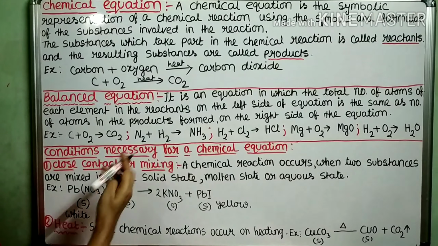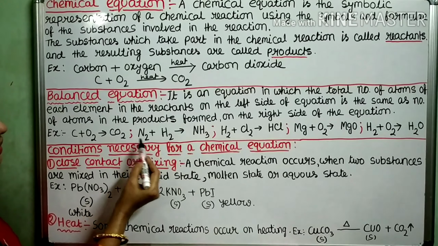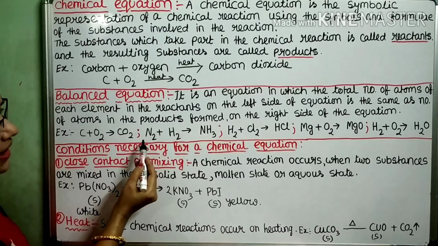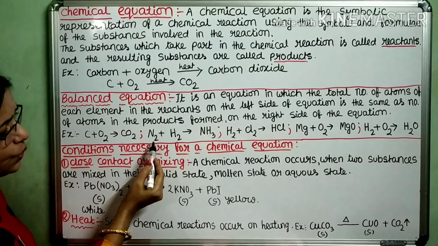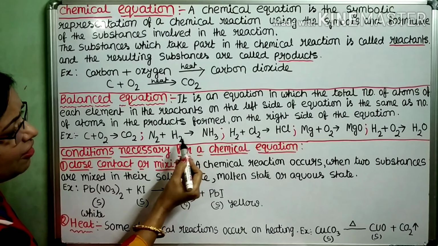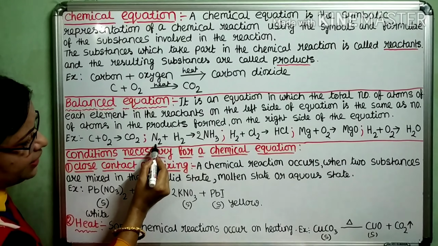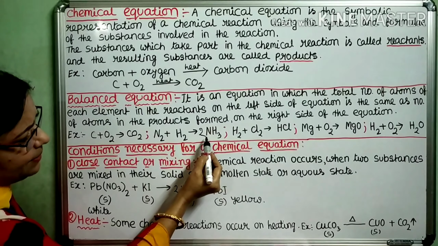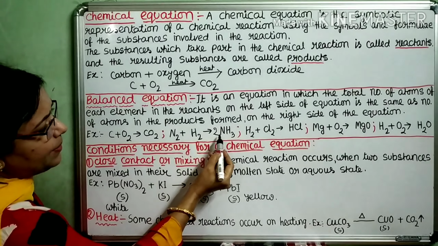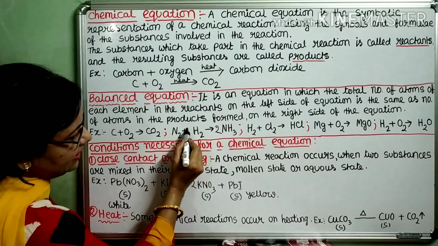Now, in case 2, when nitrogen reacts with hydrogen, ammonia is formed. But it is not a balanced equation. See, it is not balanced as on the left side the number of nitrogen atoms is 2, and on the right side the number of nitrogen atoms is 1. So to balance this equation, first I am writing here 2. So the number of nitrogen atoms is the same on the left and right sides. Now in case of hydrogen, here the number of hydrogen atoms is 2, but on the right side the number of hydrogen atoms is 2 into 3, 6. So I am writing here 3.